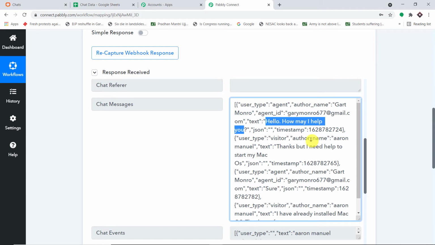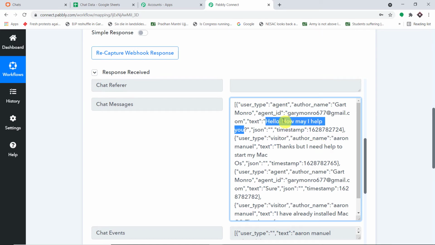Now isolating and applying conditions to each of these text lines will be tedious. That is why I'm going to bring in the iterator. What the iterator will do is isolate the first text line, that is, Hello, how may I help you? And it will be added as a prototype because this is the first line. After that, the same prototype will be used to create the ideal conditions for the rest of these chat lines. Let me just show you how it's done.